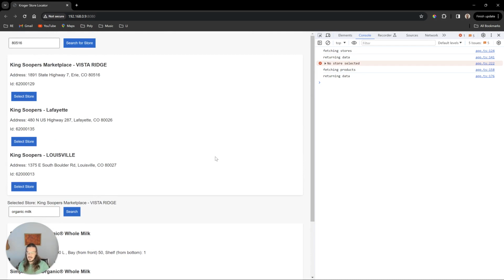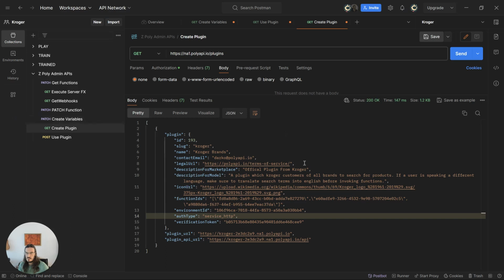But before we do that, I'd like to just show you how this plugin model was generated and then that conversation history for it as well. So here's an example of that plugin model. It's maybe 15 lines of JSON where you specify a name. And by the way, this is a demo I built. This is not the official Kroger plugin, so please don't get confused. This is a demo I built. And so here I just used Kroger's APIs to build a Kroger-like ChatGPT experience.